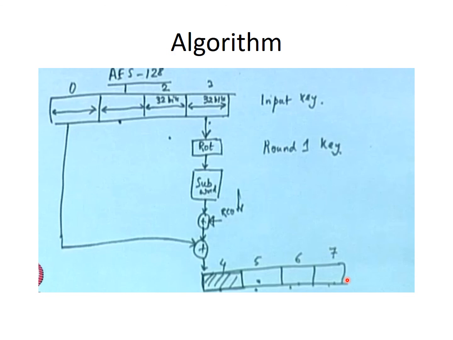Likewise, we perform the key generation algorithm in the AES encryption part. This process continues, that is words 8, 9, 10, 11. Having generated the 7th word, we undergo these operations and XOR it with W4. We get the 8th word, W8. That W8 we XOR with W5, and we get W9. Likewise, we continue.